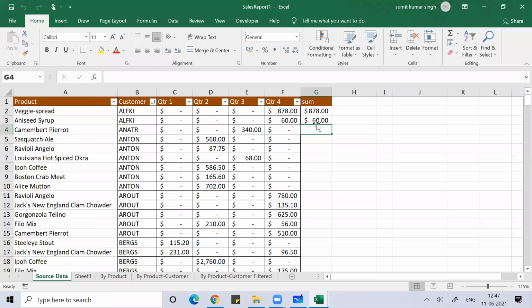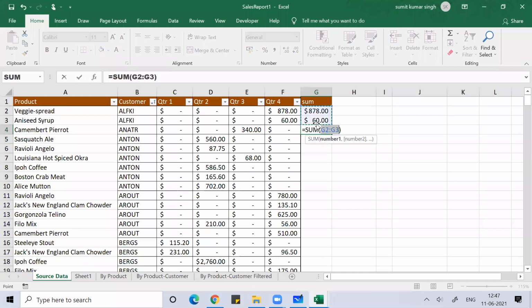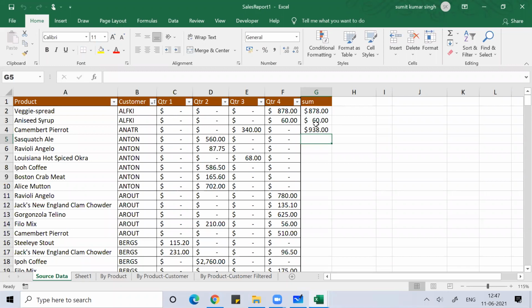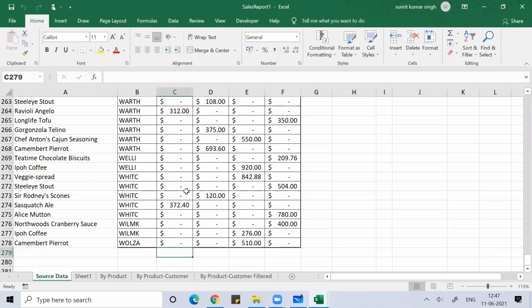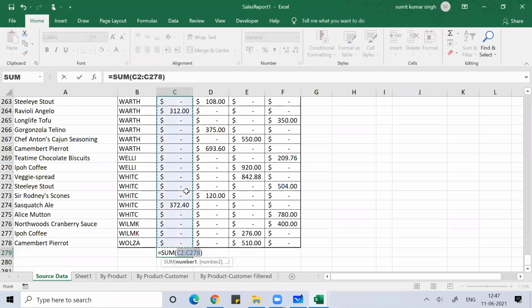Is it clear, everyone? Anyone, any doubt? Alt equal to, like this.